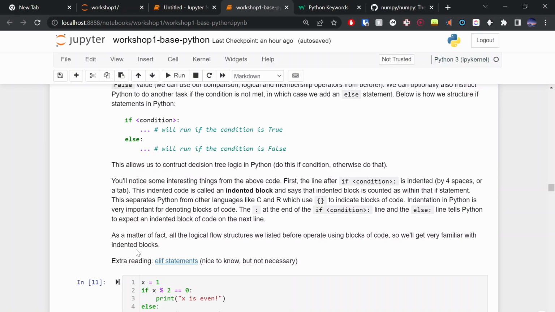Cool. So it's indented by 4 spaces. Normally it can be 2 spaces, as long as you're consistent. But 4 spaces or a tab. This indented code is called an indented block. And basically, when we indent this code, we're telling Python that everything in this indented block is part